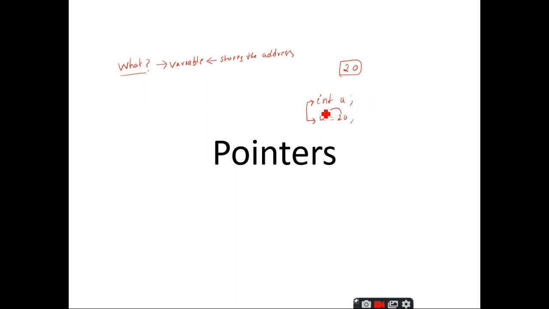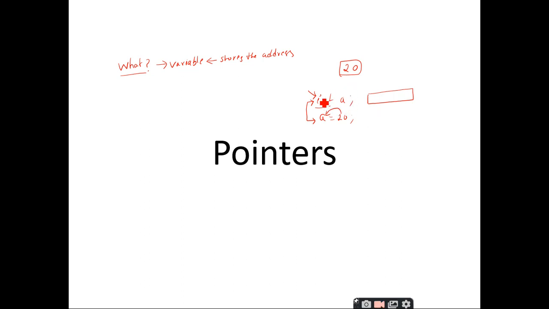As you know, the declaration part allocates the memory. When the compiler comes across this statement, it will allocate the memory. How much memory is allocated is specified by the data type of that variable.